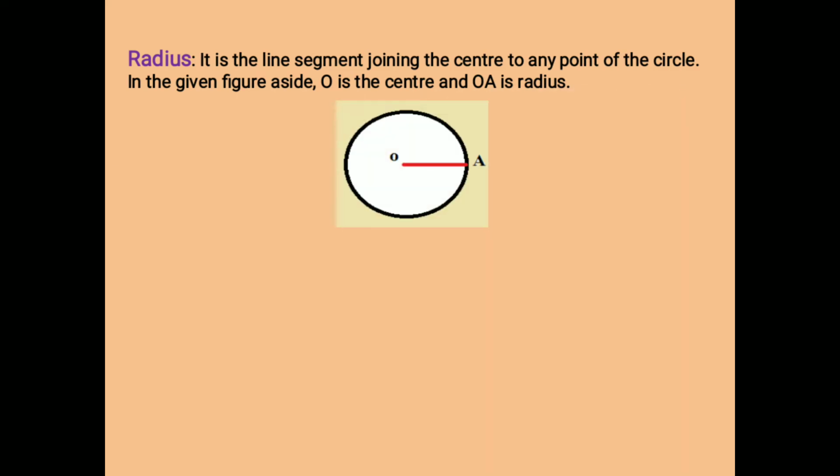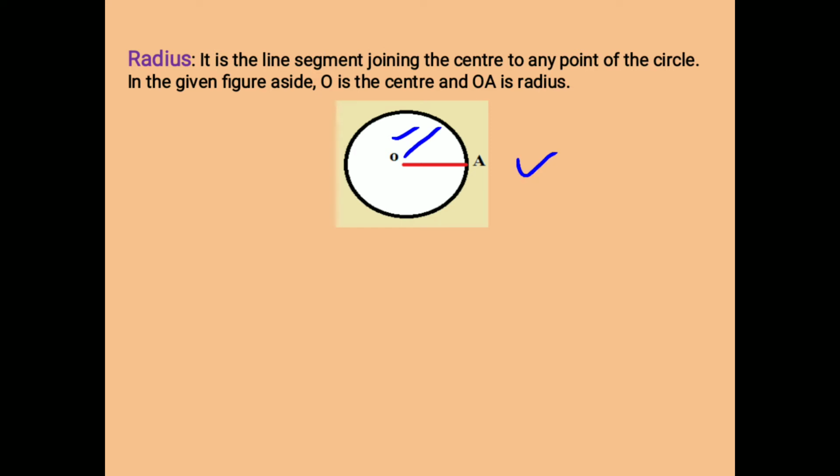with radius. Radius is the length of a line segment that starts from the center of a circle and ends at any point on the edge of the circle. In the given figure, O is the center of this circle and A is one of the points on the edge of the circle. As circle has infinite number of points, A is taken as one of the points. We can draw many other radii from the same center.